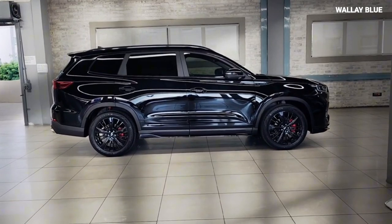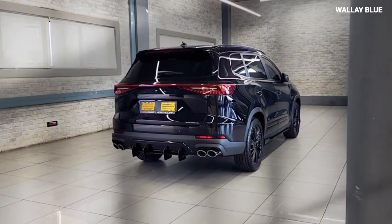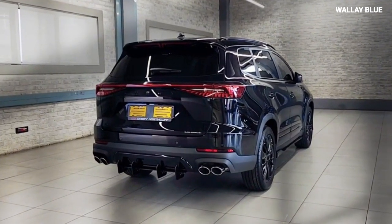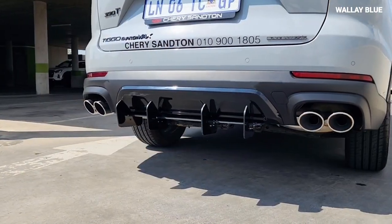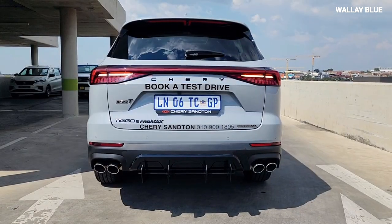stylish and practical. Moving to the rear, the Chery Tiggo 8 Pro features stylish LED taillights that mirror the design of the headlights, creating a cohesive look. The taillights are connected by a chrome strip that adds a touch of elegance. The rear bumper is well designed, with integrated reflectors and a diffuser that not only looks good but also enhances